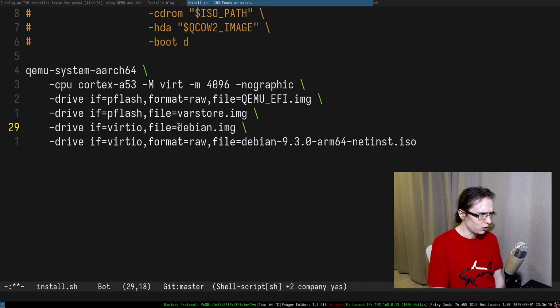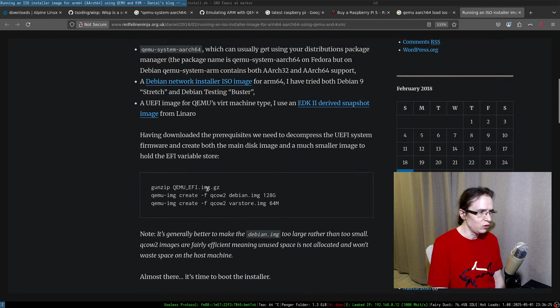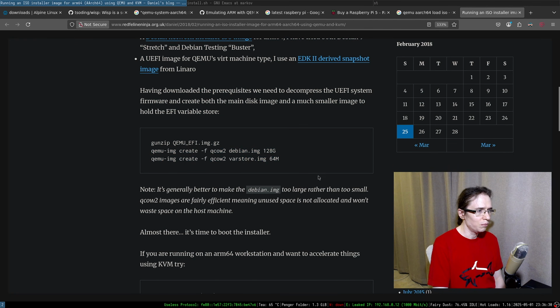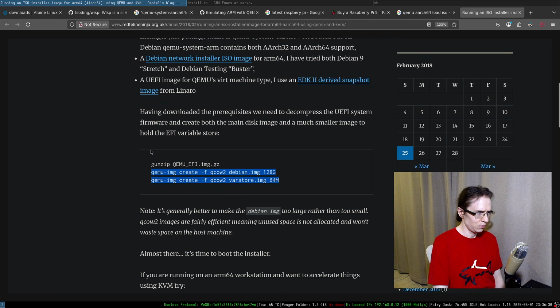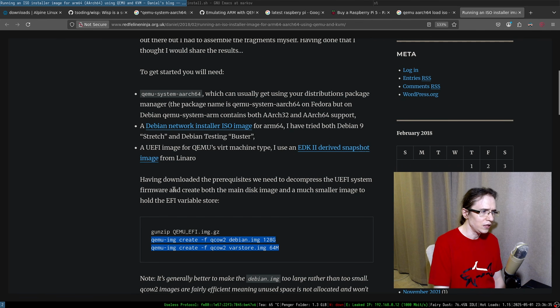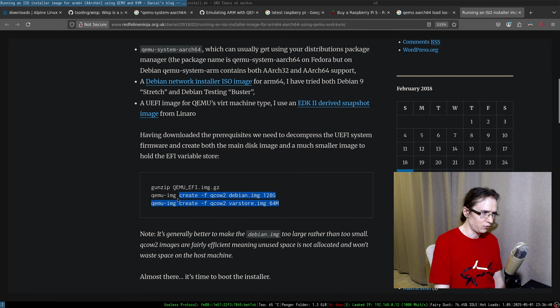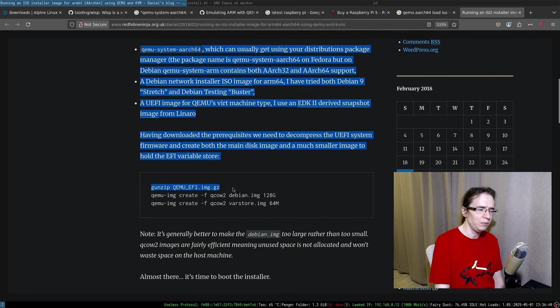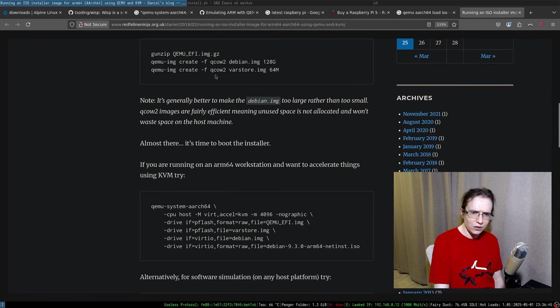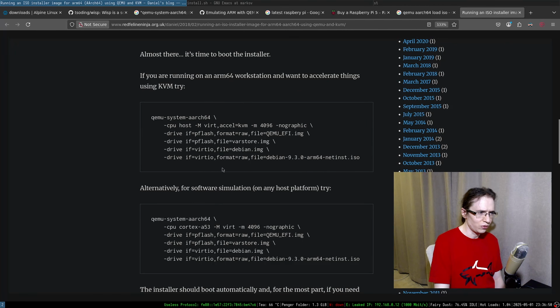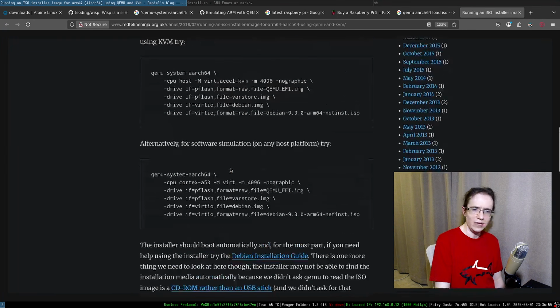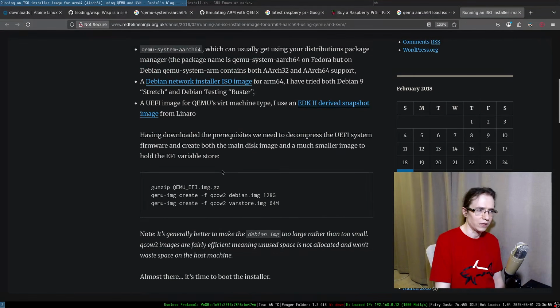But anyways, so there is var store image, Debian image. Like, what is that stuff? Do I really have to do that? Can I not do any of this? Right, so the firmware creates both images to hold the UEFI variable store. It's for storing the UEFI. You unzip this kind of thing. Do I need EFI just to store? Can I just install it as x86_64? Do I need EFI? This is so stupid. I don't want to be doing that.